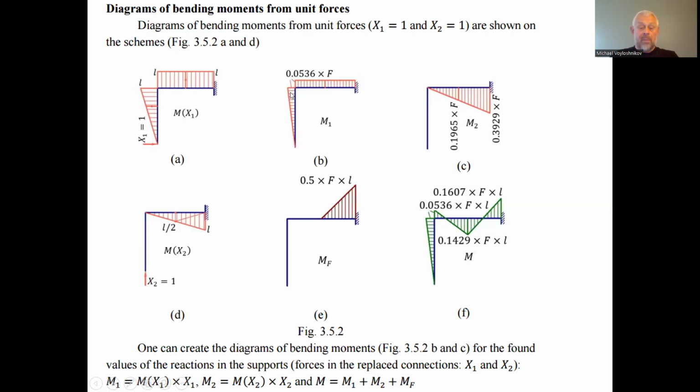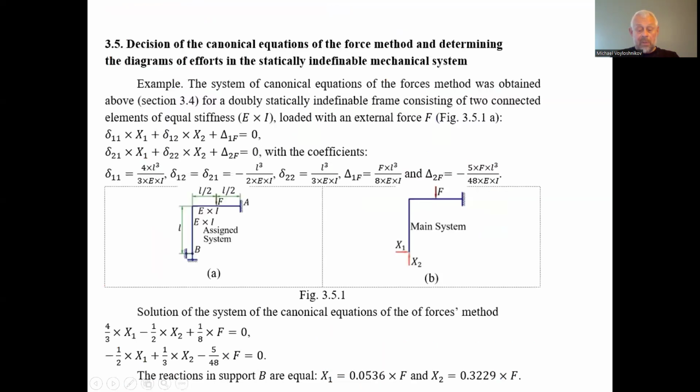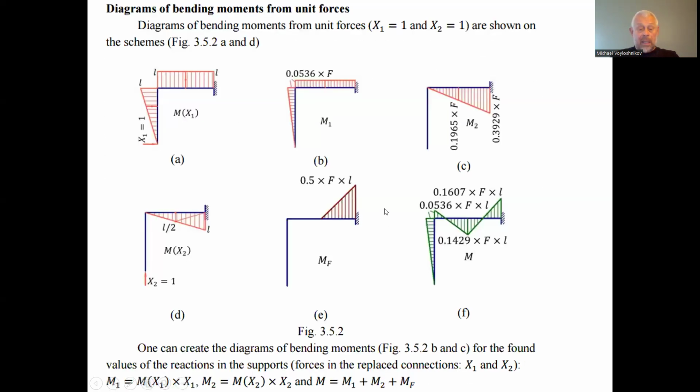So the maximal magnitude of the diagram from the action of the unit force is L, as the length of the segment is L. So here we have 0.0536 multiplied by F. And this is the evenly distributed bending moment under the force X, but not equal to 1, but equal to 0.0536. And the same, we can take the diagram of the bending moment from the action of the unit force in the direction of the force